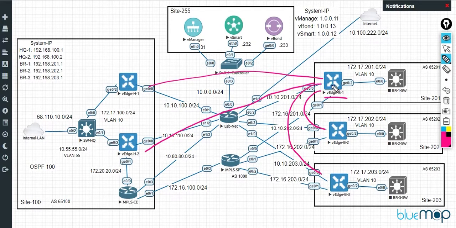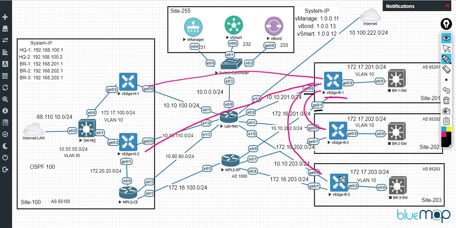Because if you see over here, vEdge B1 has dual transport: a public internet connection and an MPLS connection as well. So vEdge B1 has a total of 8 tunnels, 2 with the main office, that is H1 and H2, 1 with B2 and 1 with B3.